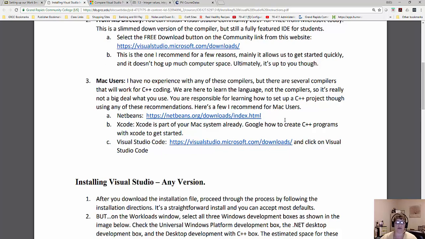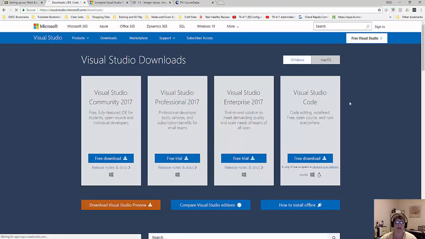Another one is Visual Studio Code, and if you notice on this link here, this is a Microsoft product for Mac or Linux systems, and it will allow you to install and use C++ through that one.